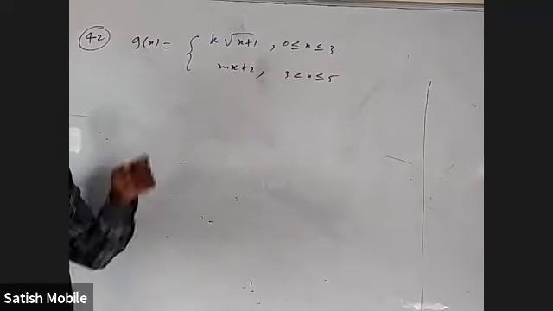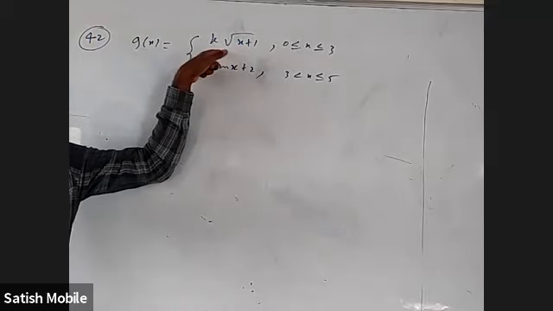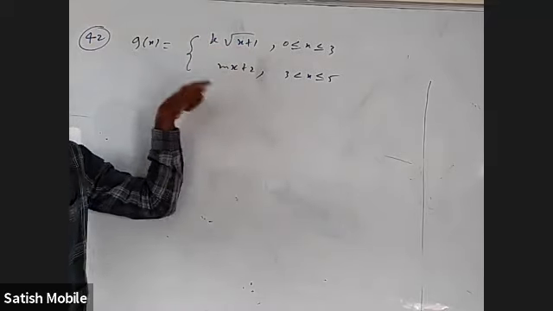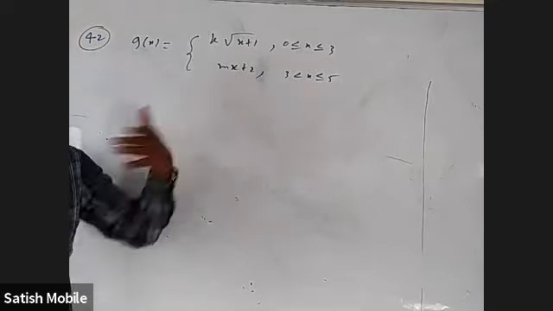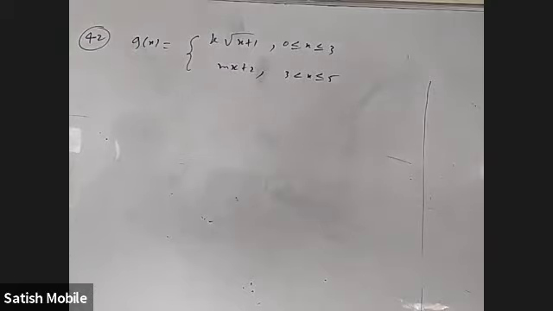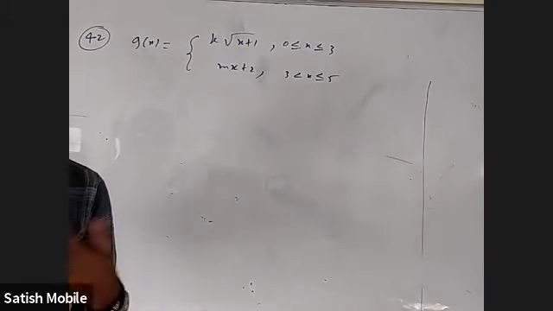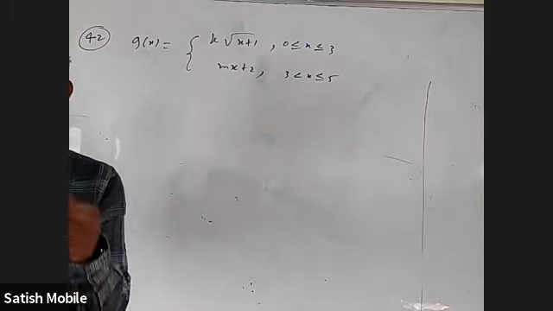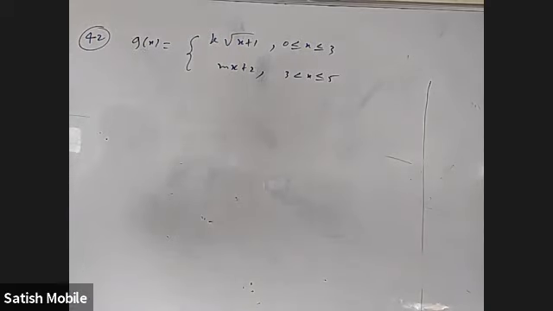If you check continuity, the value of this at 3 is f of 3. When you substitute 3, what you get is the right limit at 3. They should be equal, right? Left limit, right limit. So check continuity, you'll get one equation. Then check differentiability the way you are checking. That is one way. Or directly use first principle also, you will get it. I'll tell you both methods.